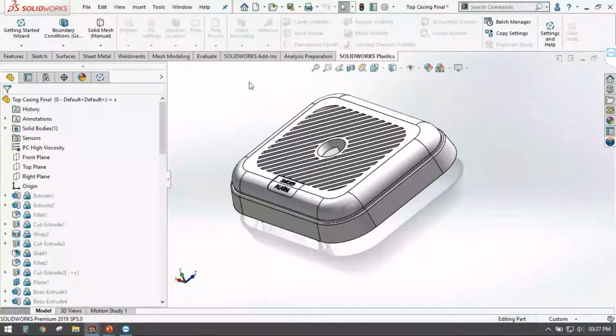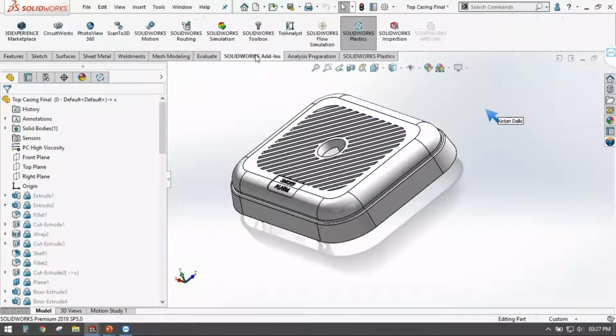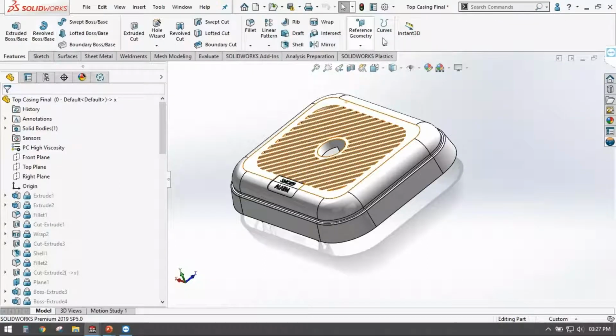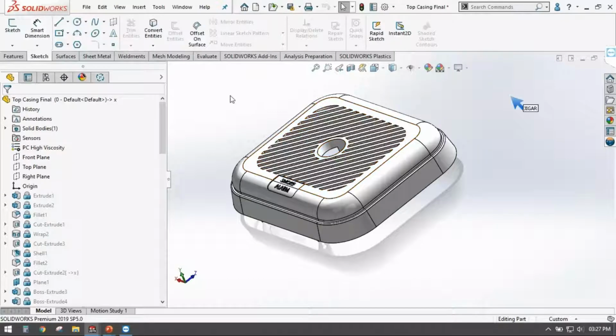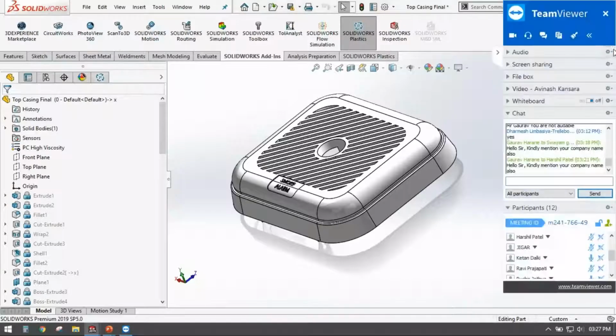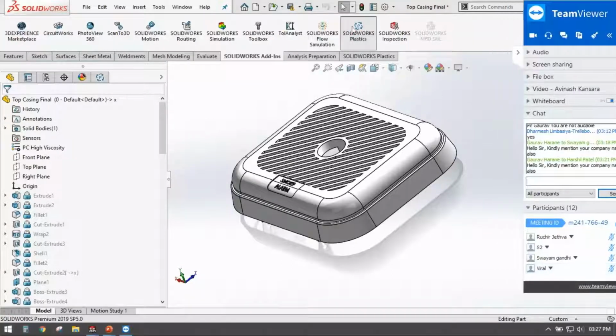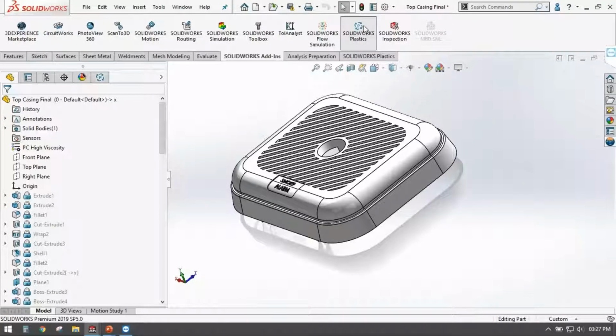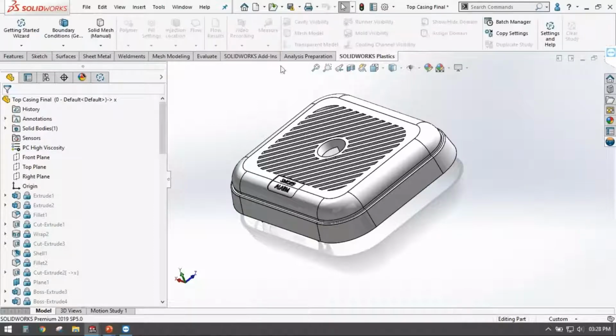Right, now let us go on to the plastics. So we are having these various add-ons available. So apart from part features, the sketch 2D features, 3D features, even assembly features, we have different add-ins available, like simulation, if a person is concerned about FE analysis, so that thing can be accompanied. Even CFD is available, as well as plastics, which is a dedicated tool for injection molded parts. So let me go on and select the plastics.